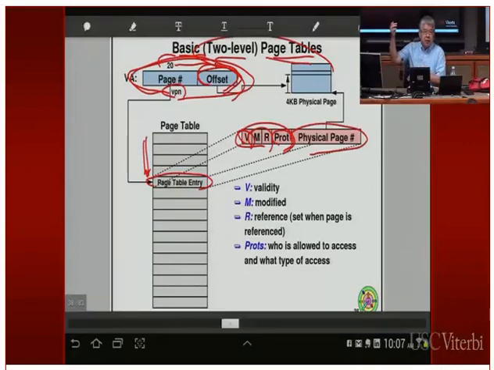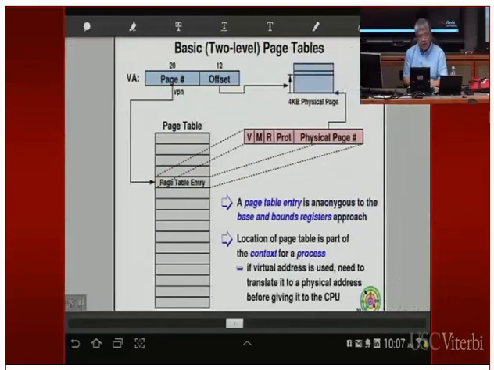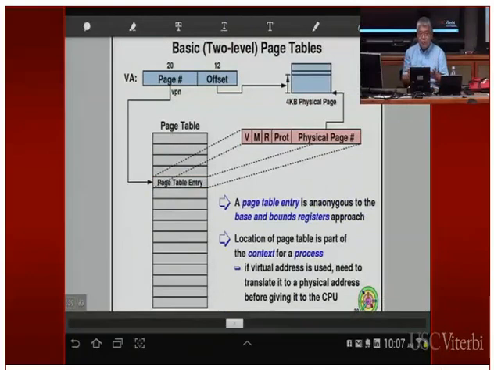And again, I mentioned the page table is too large, so we tend not to put the entire page table into the CPU or inside the MMU. Okay. So anyway, this is the basic scheme. Nobody really used the two-level or the basic page table, okay? But conceptually, that's what it is. You take a virtual address, and then eventually that will give you a physical page number. You left shift 12 bits, you add the offset to it, and there you have it.